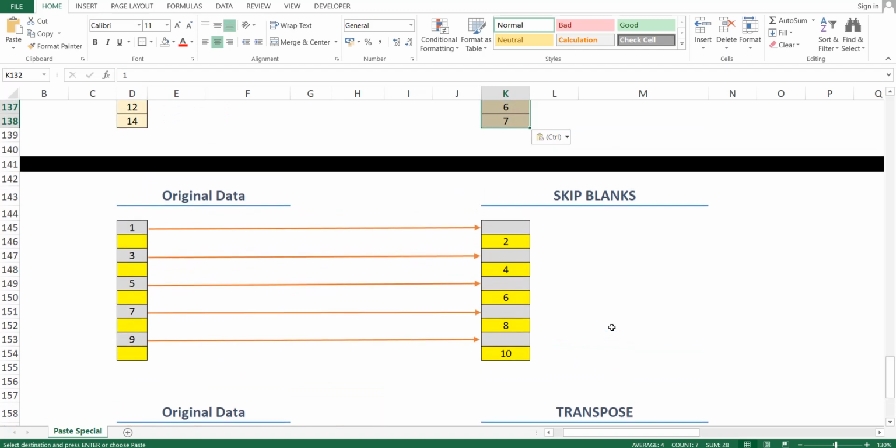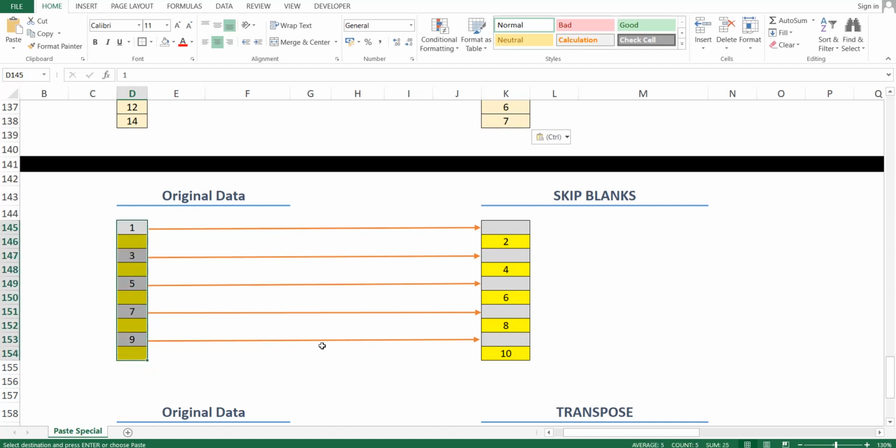So what is skip blanks? Here I have original data and this is the desired data. I want to copy this data into this data but skipping the blank cells, which I have highlighted with the yellow color.